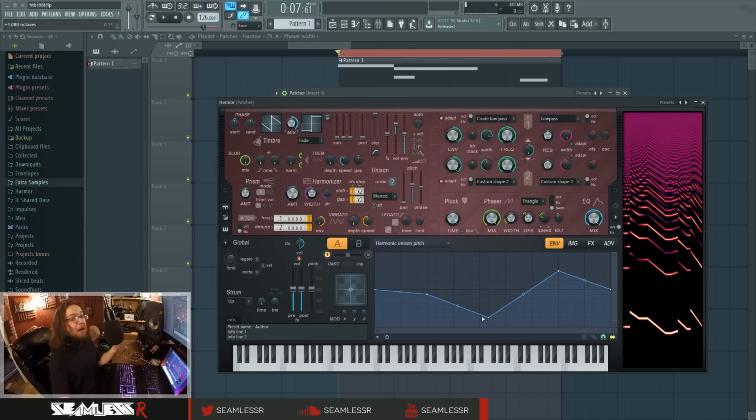here's my change in harmonic unison pitch. If you've never seen this particular graph before, what's happening is that the amount of pitch separation of individual unison voices is changing on a per harmonic basis. So high harmonics or low harmonics can have different unison values. We're not talking about layering different sounds here. We're talking about in the same sound, the same stack can have